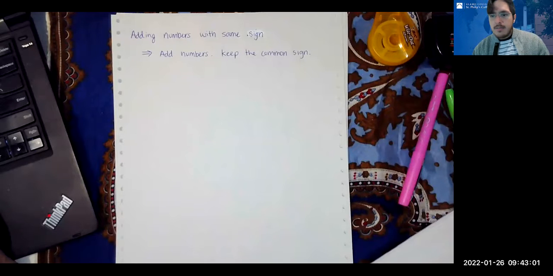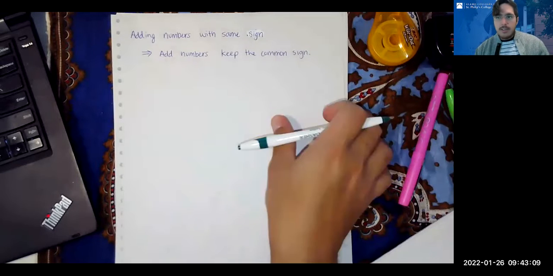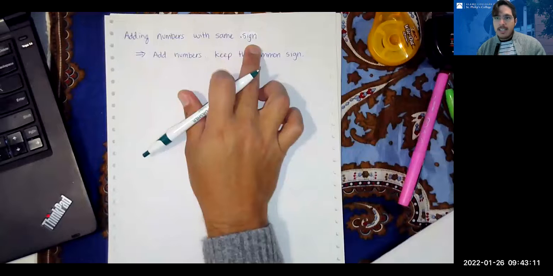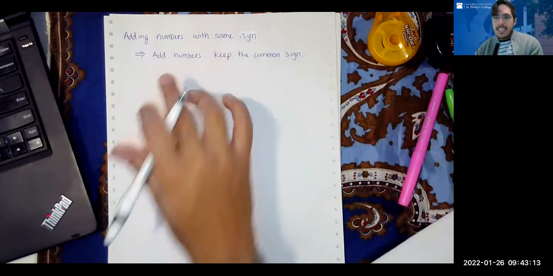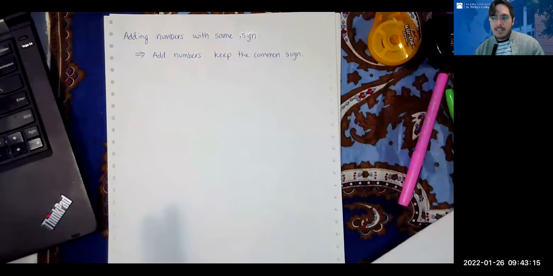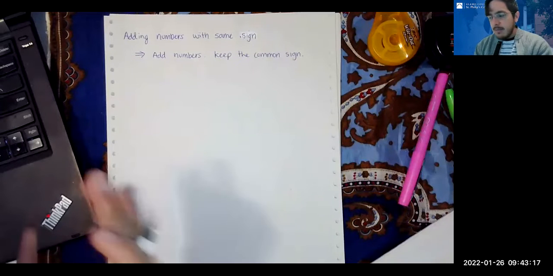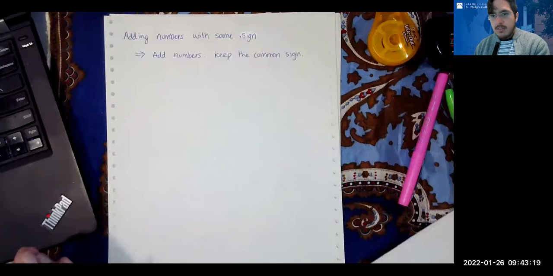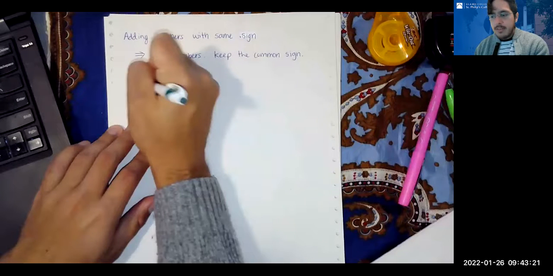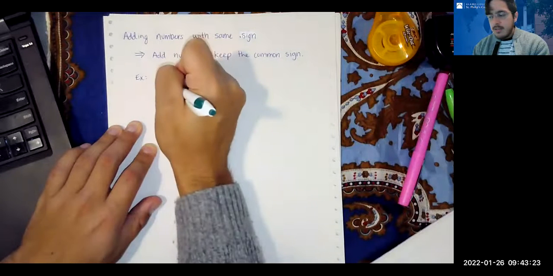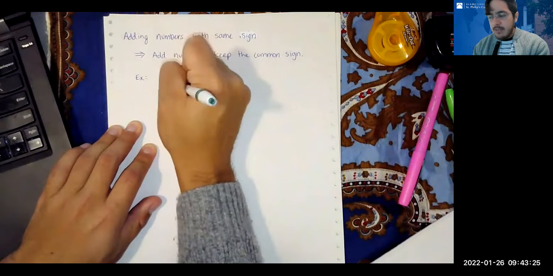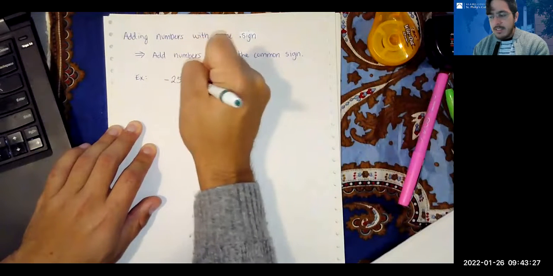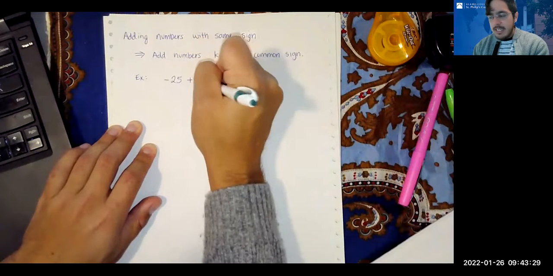And you said adding numbers with the same sign, keep the sign? If we're adding numbers with the same sign, then you're just going to sort of ignore the signs, add the numbers, and then keep that common sign. For example, if I have negative 25 plus negative 10,